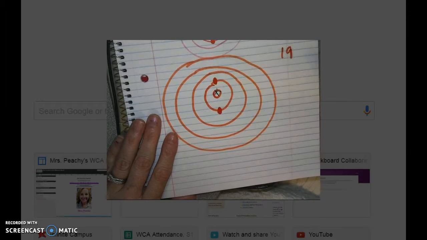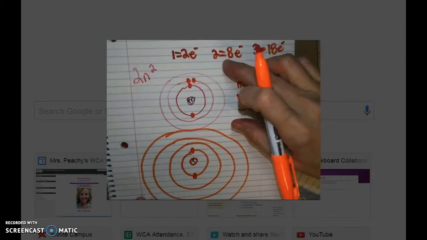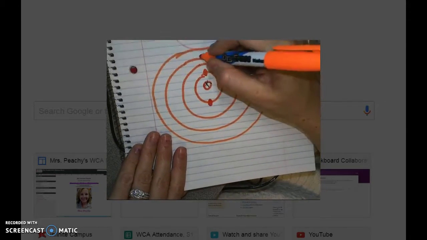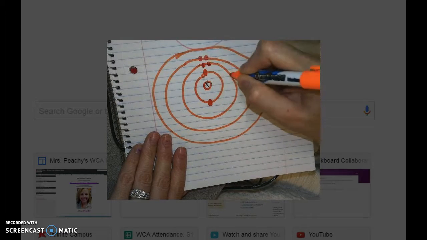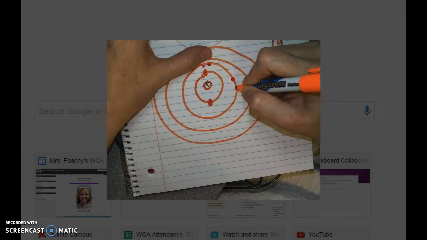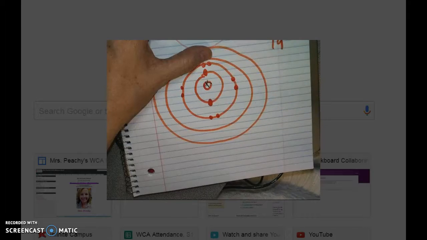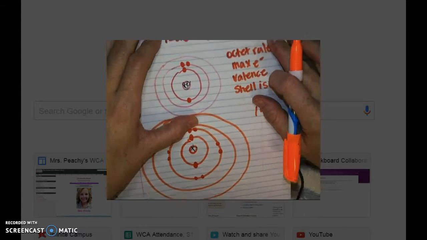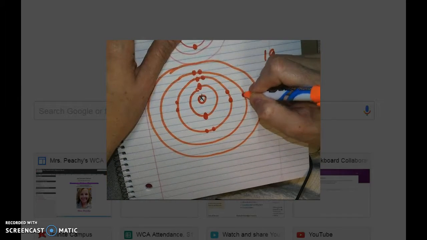So the first 2 goes here, okay? So now we have 17 left. The second shell is going to hold 8 electrons. So 1, 2, sorry about that. That's 3, 4, 5, 6, 7, 8, okay? So 2 plus 8 is 10. So I have 9 left now, right? The third shell can hold 18 electrons. So if I put all 9 in here,